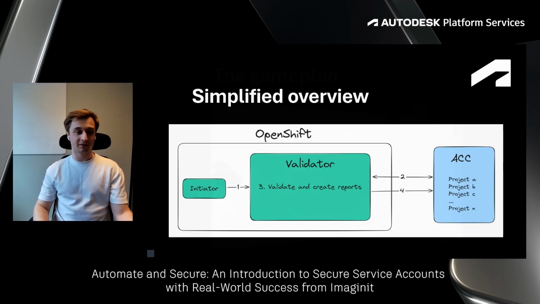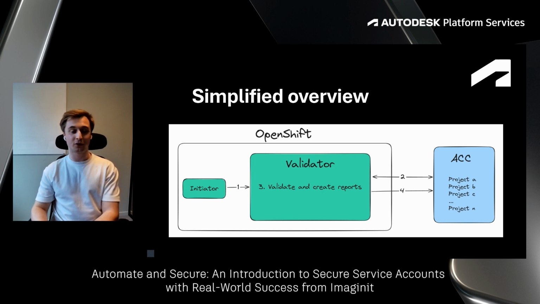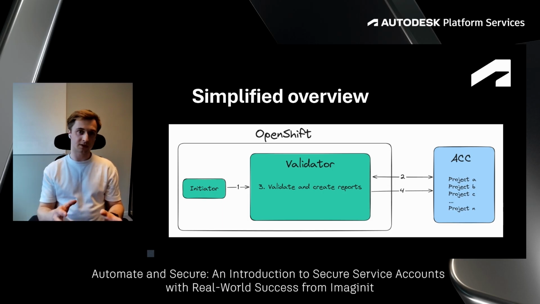So this is a really simplified illustration of how the app works today. If we follow the numbers, we have an initiator that sends, that starts the validator, says that okay, let's get to work. On point number 2, the validator connects to ACC, goes into